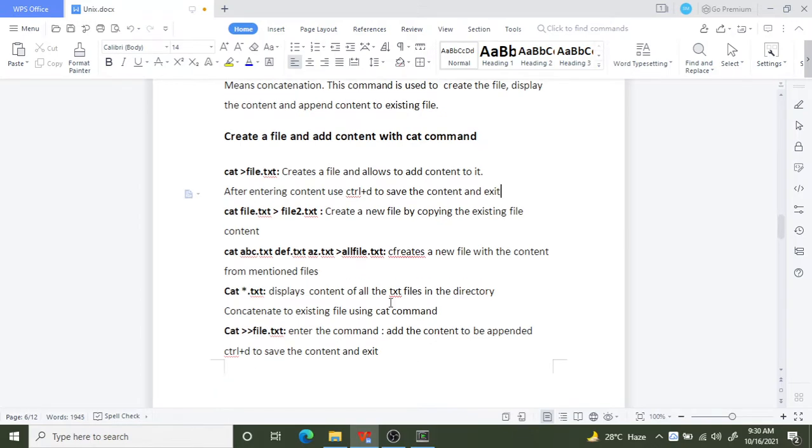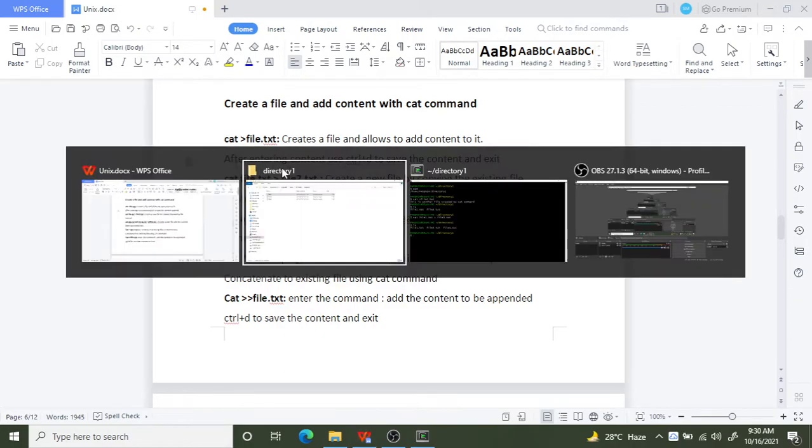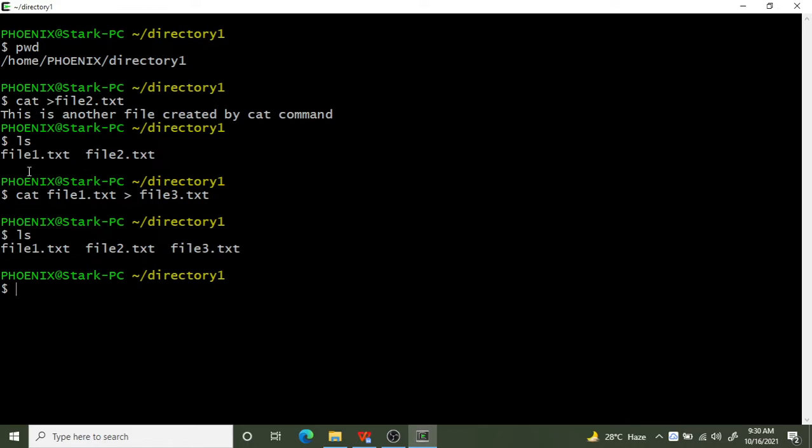Now what we did was copy the content of one file into another file and create the destination file. Similarly, we can merge multiple files and put the output into a single file. Here, let me merge the content of all these three files, file1.txt, file2.txt and file3.txt, and then create another file called file4.txt.